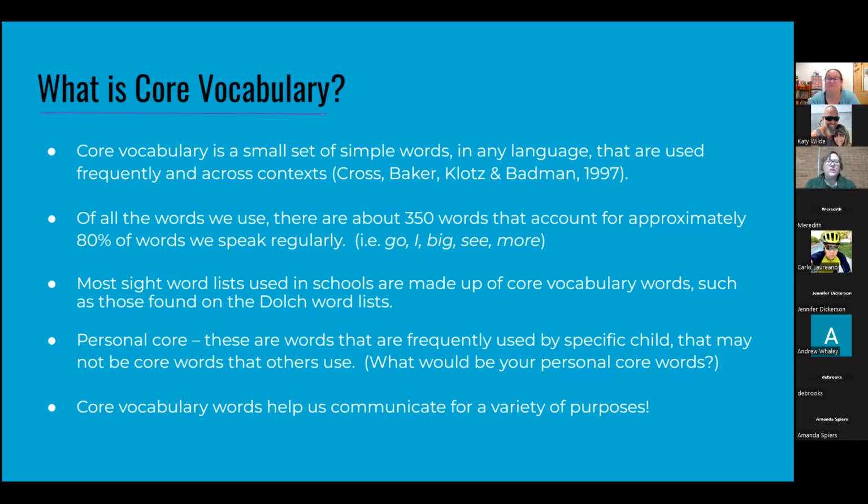And that's the thing. These are the core words that really help a child communicate for a variety of purposes. So they might talk about how much they love Bluey. Oh, Bluey went to the store. Bluey is coming home. Oh, Bluey's going to sleep. That can be combined with so many different words in the core that they can make a huge amount of sentences just with those words.